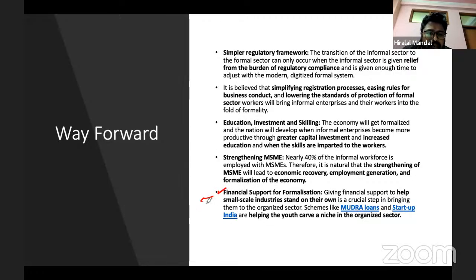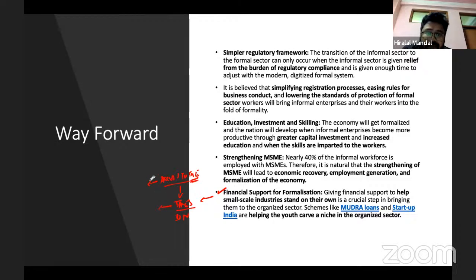As part of the incentives, we must provide financial support for formalization of the economy. For example, if somebody is paying regular taxes to the government, or adopting online transactions, such transactions must be linked with their ability to access finance. It is expected that the government will take steps to enhance credit availability to the people. Such steps must be taken so as to incentivize people or enterprises to become formal